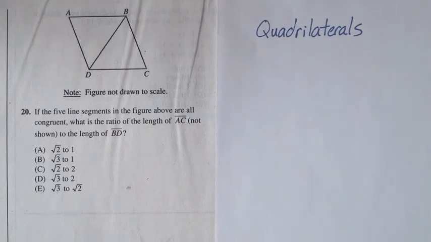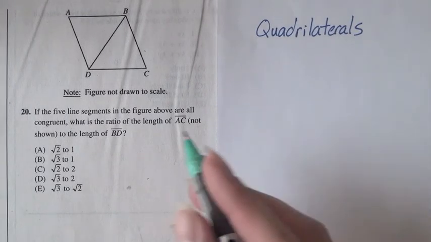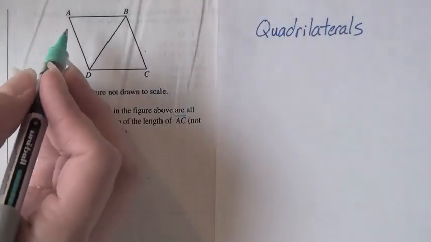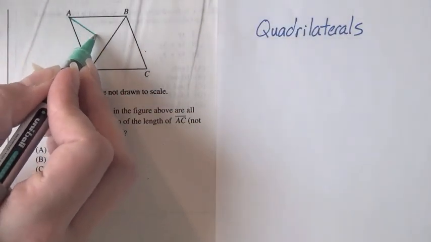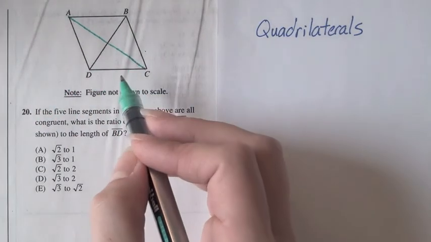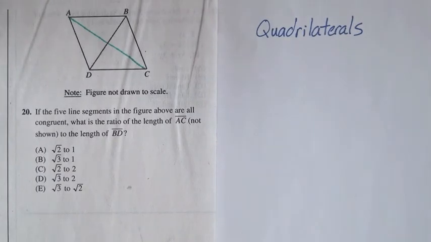Question 20 reads, if the 5 line segments in the figure above are all congruent, what is the ratio of the length of line segment AC to the length of line segment BD? This is a rather tricky quadrilaterals problem, and to get started, let's actually draw this AC line segment. There we go. And we want to find the ratio of AC to BD, so these are the 2 diagonals